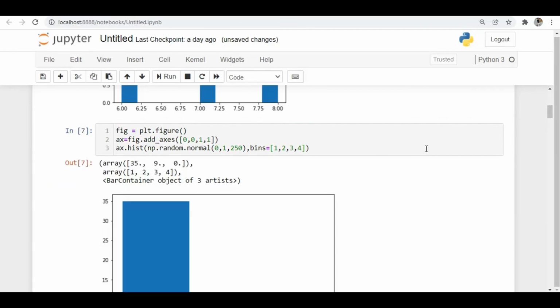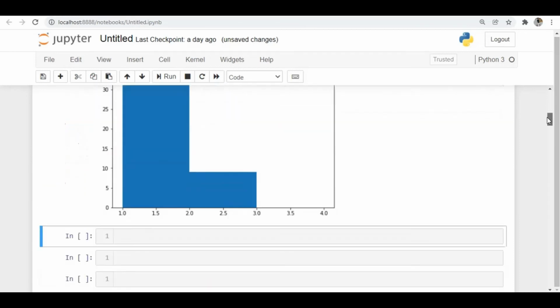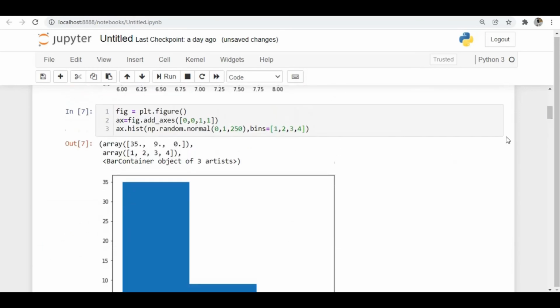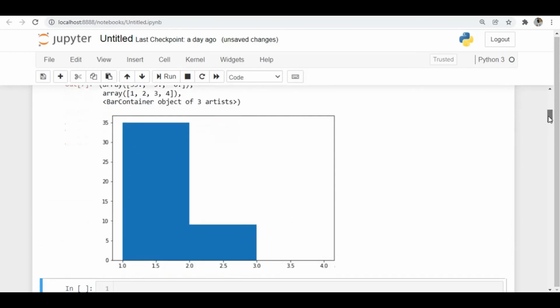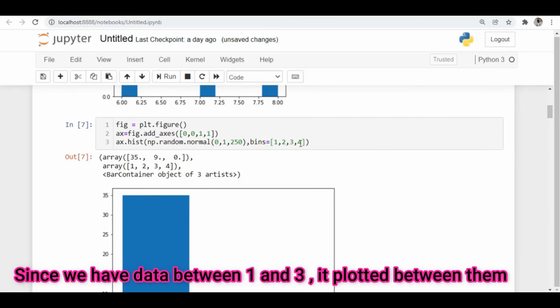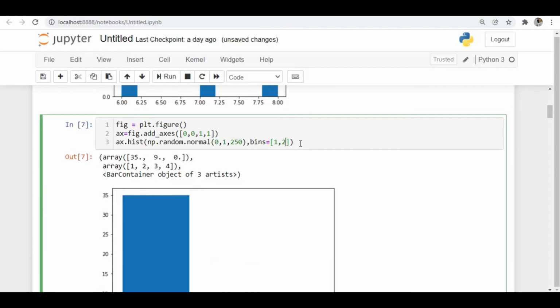If I specify that, you can see the data is plotted between 1 and 2 as well as 2 and 3. That's the reason, even though we specified 3 to 4 here, it didn't plot the data. So this is how you can specify the bins, and this is what bins means.